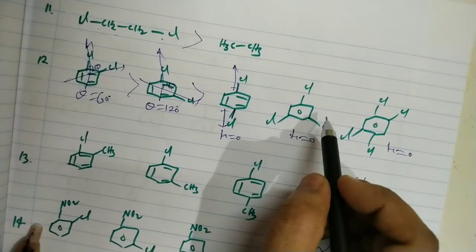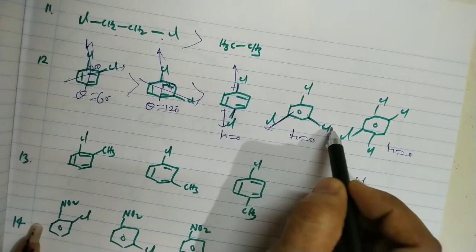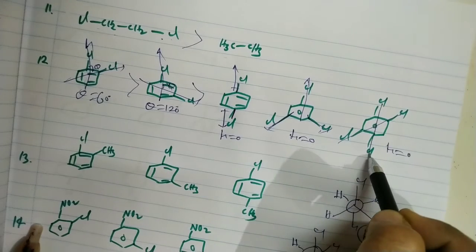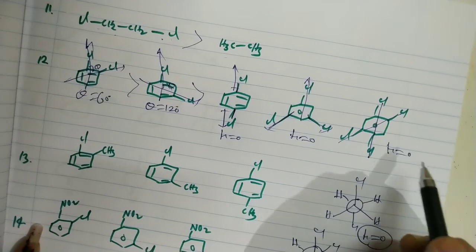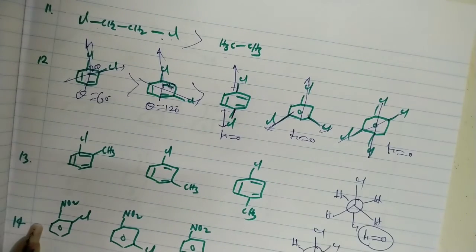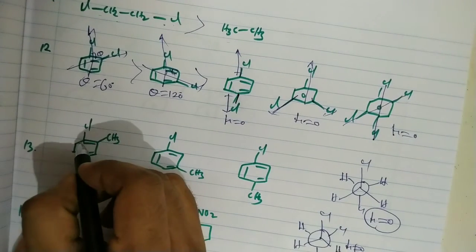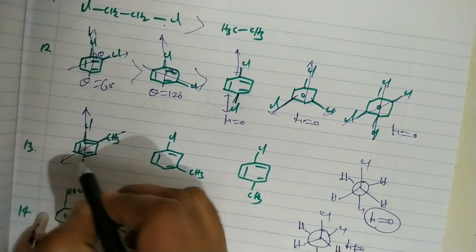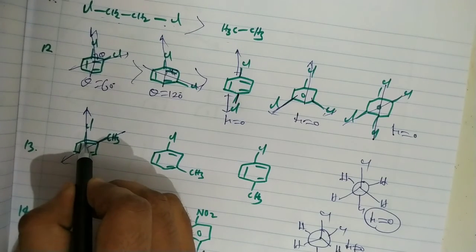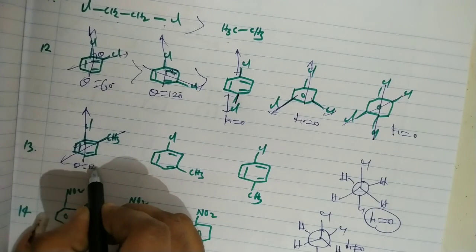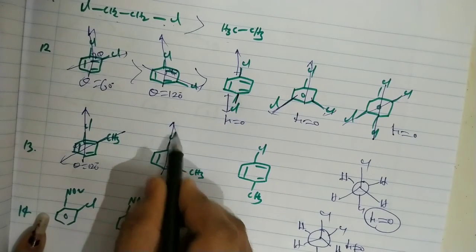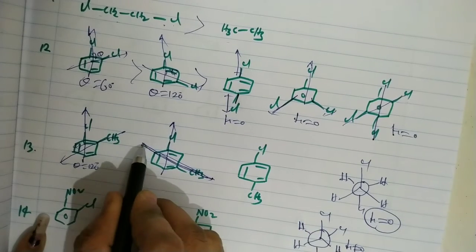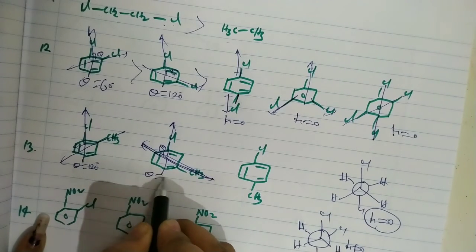It is a symmetrical molecule. The resultant dipole moment of these two bonds is cancelled by this bond. Of course, these two are cancelled, so the dipole moment is 0 for this one, because those have the same nature. But here in this case, chlorine is a withdrawing group and CH3 is a donating group, so sp3 carbon, sp2 carbon. Here theta is 120 degrees. Here in this case chlorine, and here CH3 donating, so the angle theta is 60 degrees.